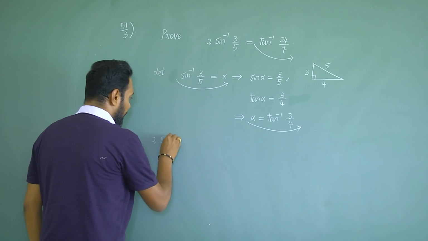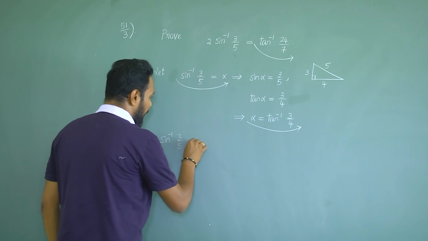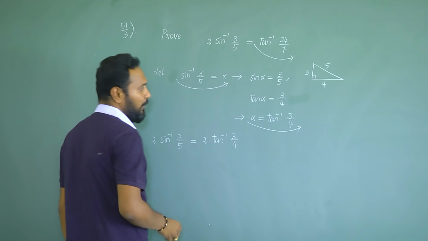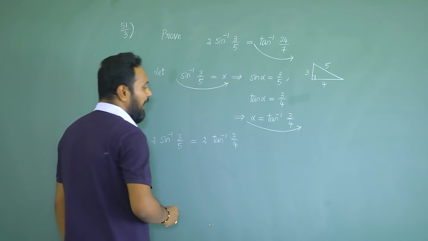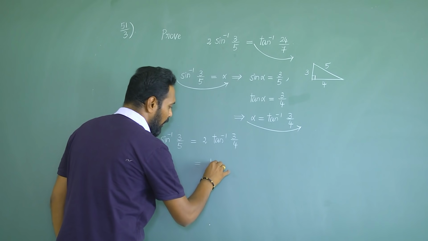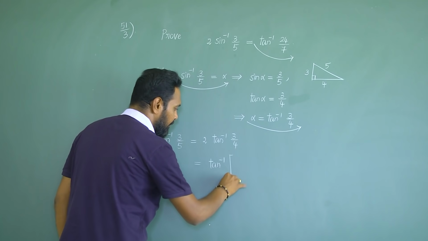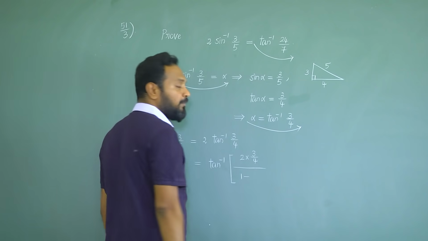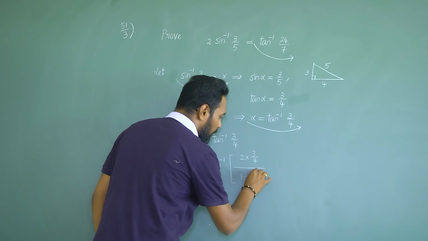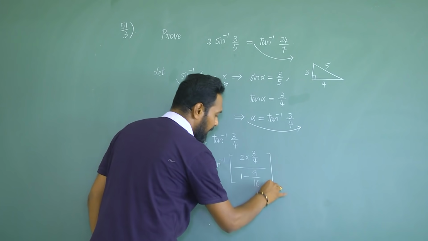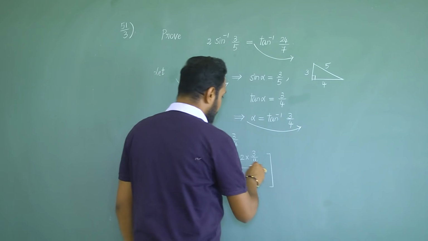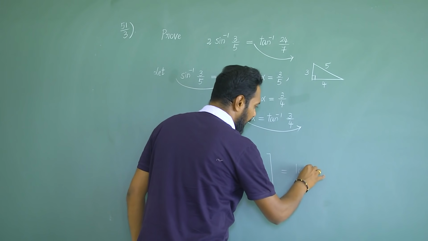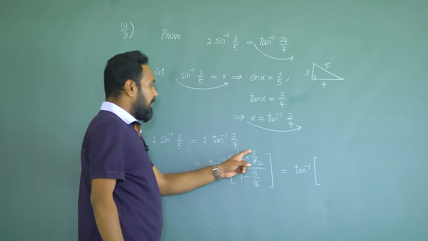2 sin inverse 3 by 5, I can write 2 tan inverse 3 by 4. As I need in terms of tan inverse, 2 tan inverse x formula in terms of tan inverse of 2 into 3 by 4 divided by 1 minus 3 by 4 whole square, that is 9 by 16. Now, 2 ones are 2, 2 twos are 4, that equals tan inverse of 3 by 2